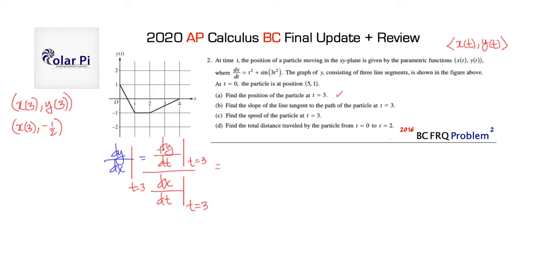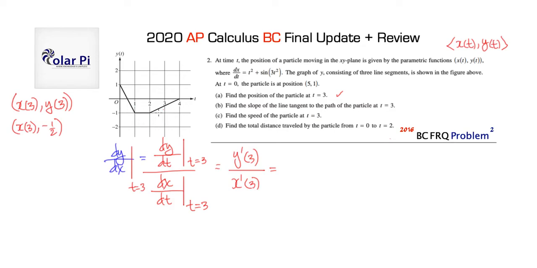at t equals 3, right? Since we have y of t here, that's really like saying y prime of 3, right? And then the denominator that we have is really saying x prime of 3, right? Okay, so the denominator is x prime of 3. Got it. Okay, so for y prime of 3, we could look at y and see that y prime of